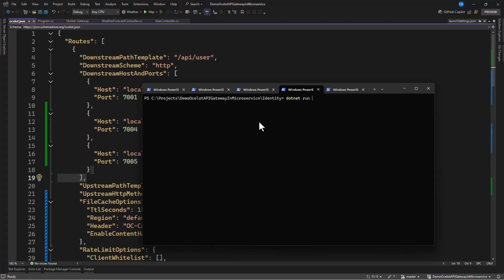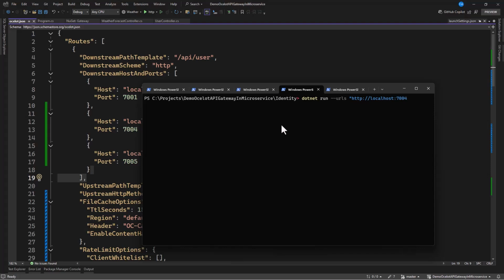In order for it to run, we need to specify URLs. Now this is running on HTTP, right? So with this, we're going to say that it is localhost, then the port here is 7004.